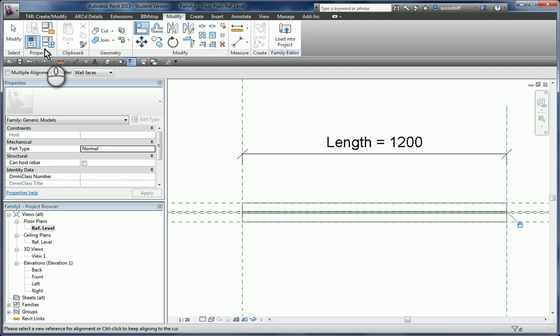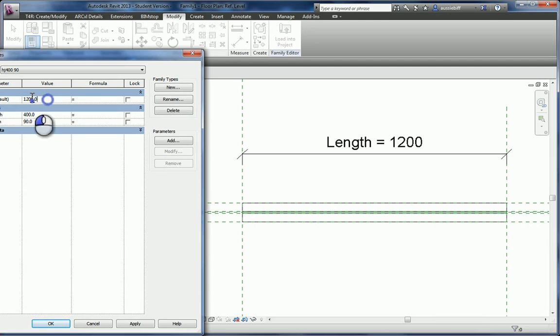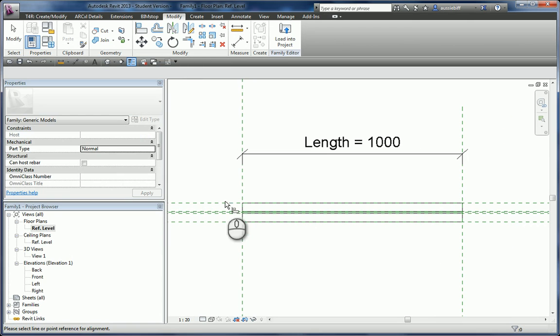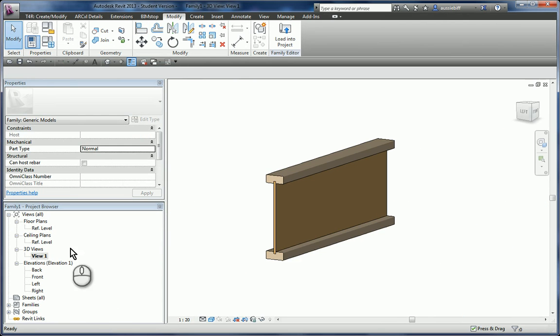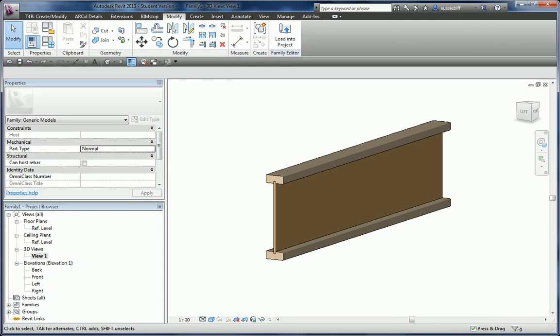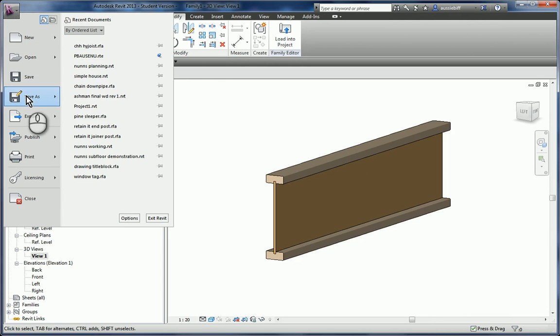Now, whatever length is in here, it will go to. And if we have a look at 3D views, if we go to 1500, it goes that long. Now at this stage, you would save it as a family,